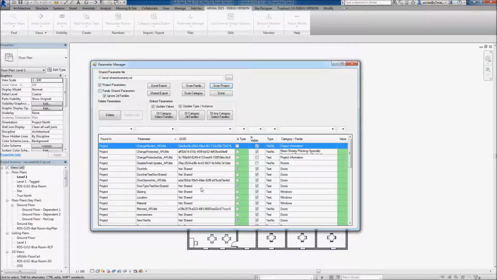So down in our parameter table we've now got information about our parameters. We've got the name of parameters, where they've been found. If they're a shared parameter, it shows us the GUID for the item, shows us if it's a type or an instance parameter. So those not ticked, they're instance. Are the parameters visible? So we can see here that we've got a couple of parameters that aren't in fact